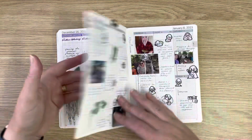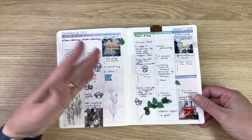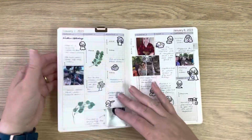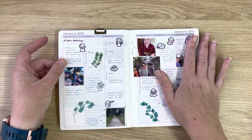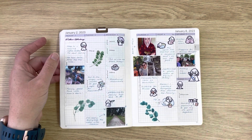Cocktail, delicious. My boys bought me a champagne cocktail kit for Christmas. It's so cute. So yeah, I did that. I had a pomegranate champagne cocktail. Very fancy. So this last week, in the first full week of January,